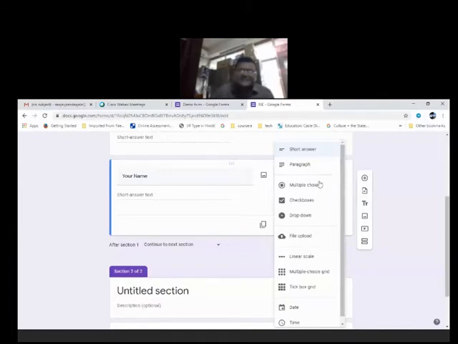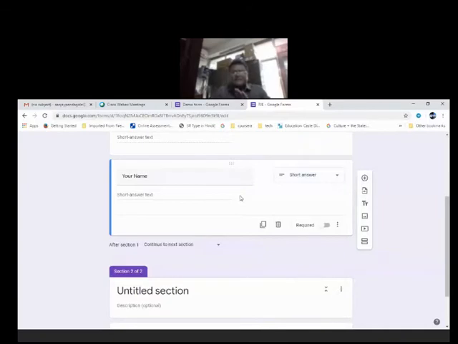Many times it automatically detects what I am going to ask. So your name means it can't be a multiple choice question or any other kind. It will obviously be a short answer type. See, it has automatically detected this.